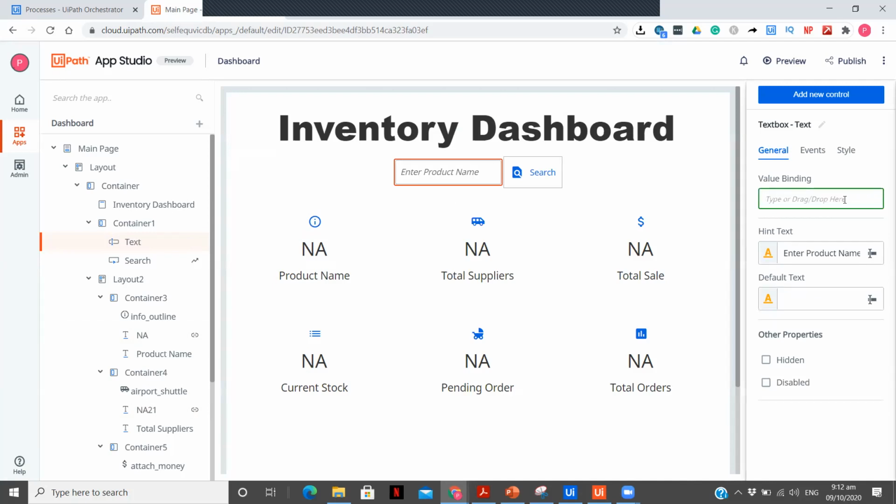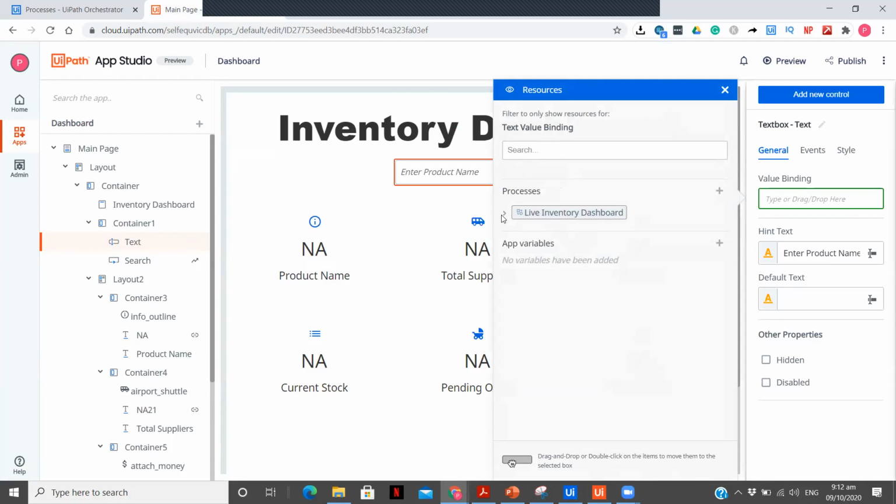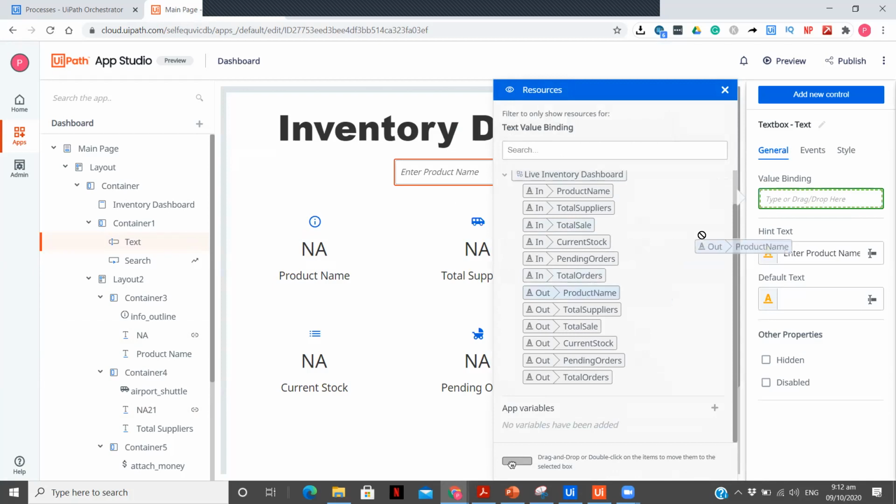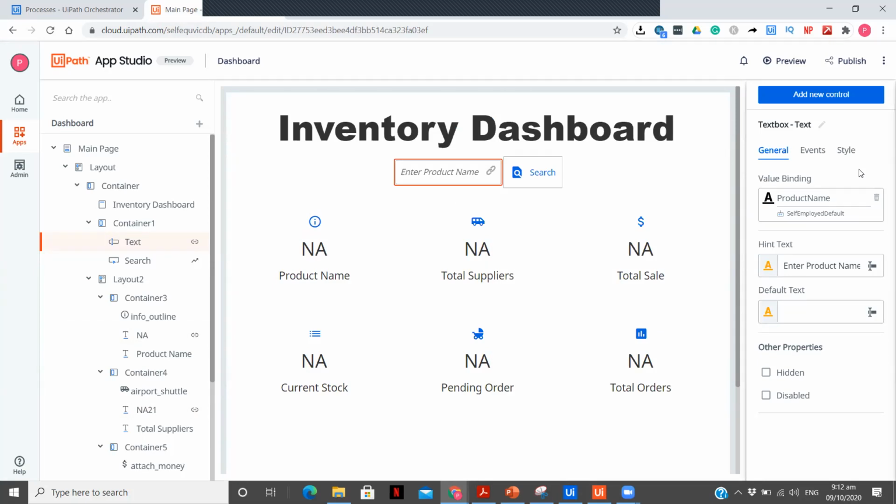So let me just delete this. Let me click on this, and you see the direction type was in/out. Here there is out that I'm going to drag over here. I have seen many people getting confused in this, but here we are trying to send the value and get the value in the apps and not in the workflow. So here the logic becomes different. In UiPath workflow, when we build, we do in and out, but here I want it through apps. So here I'm going to pass the value from here to the workflow, so it is going to be in.